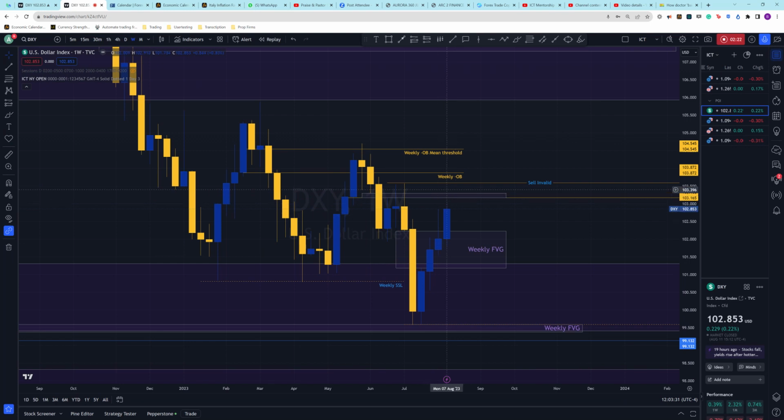We might draw to this fair value gap. This fair value gap also has an order block, so my interest will be to see what price does when it gets here. It might hit here and come down and reject, and then we continue the downtrend. Or it might hit the order block and then change course, which would be in line with the rejection that happened on the monthly time frame. So I'll be looking to see how price reacts at the zone. That's generally for the USD pairs, the dollar index.